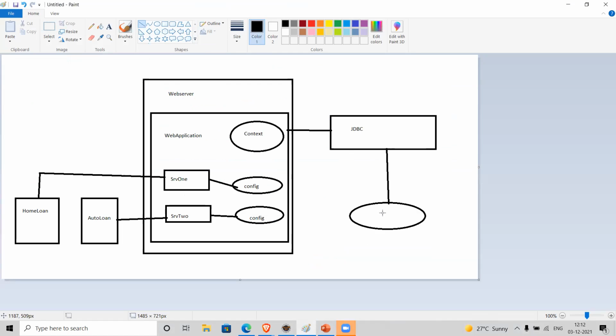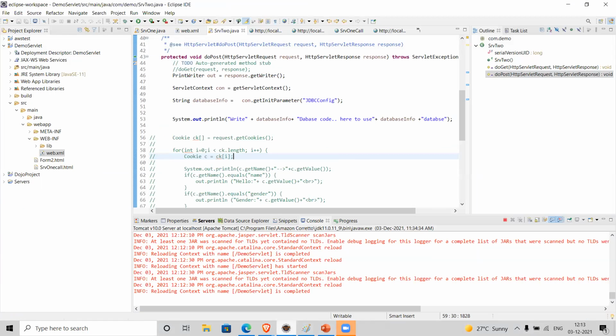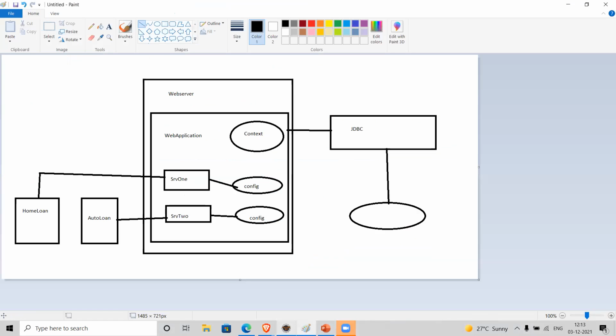And in SRV2, I want to store that user information in the database. So imagine that scenario. In that case, I need a database connection in both servlets, right? So this particular context object can be used in any servlet. My intention is to show that we can use this context object in the entire web application. Okay, got it.